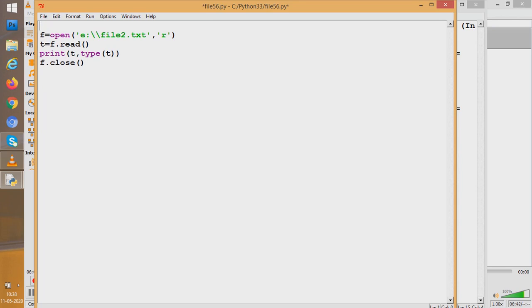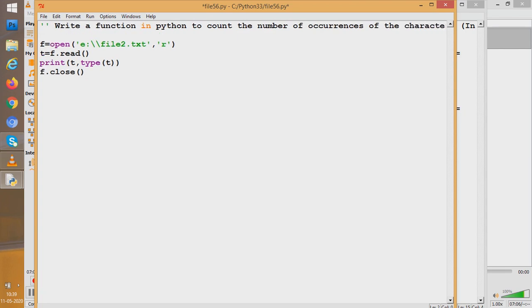For example, maybe this is a CBSE question. It will say, write a function in Python to count the number of occurrences of the character, say small a, the alphabet, from the file.